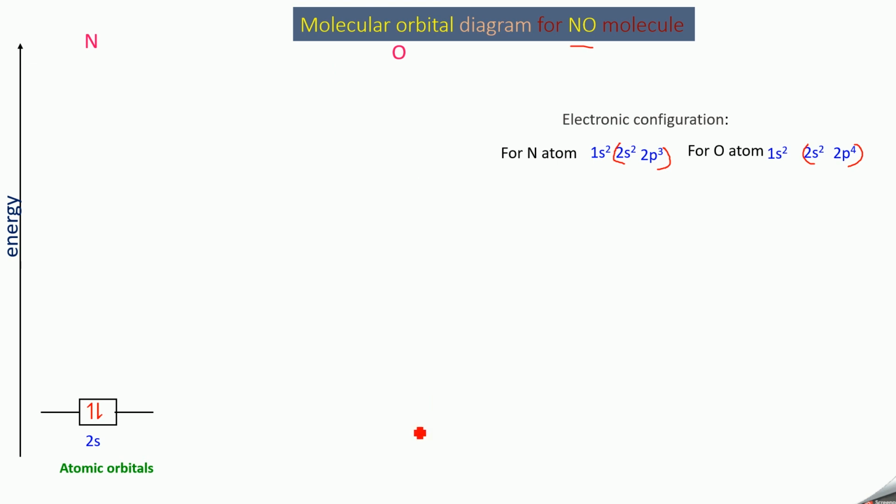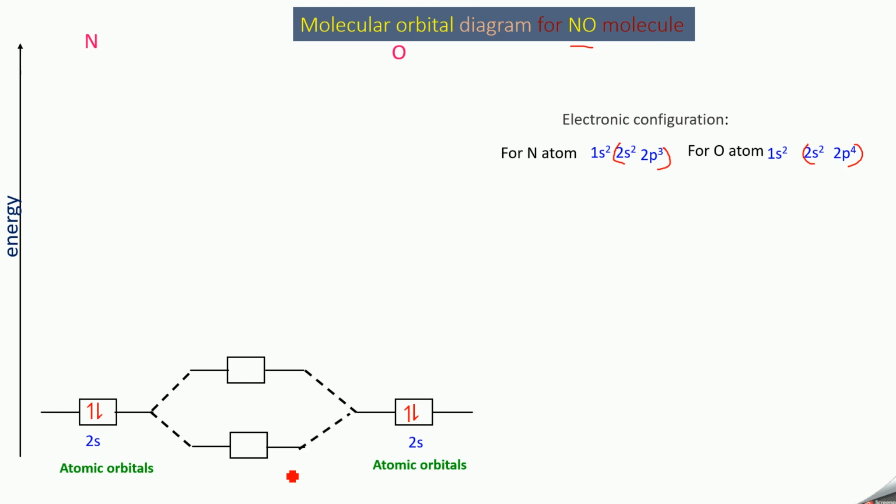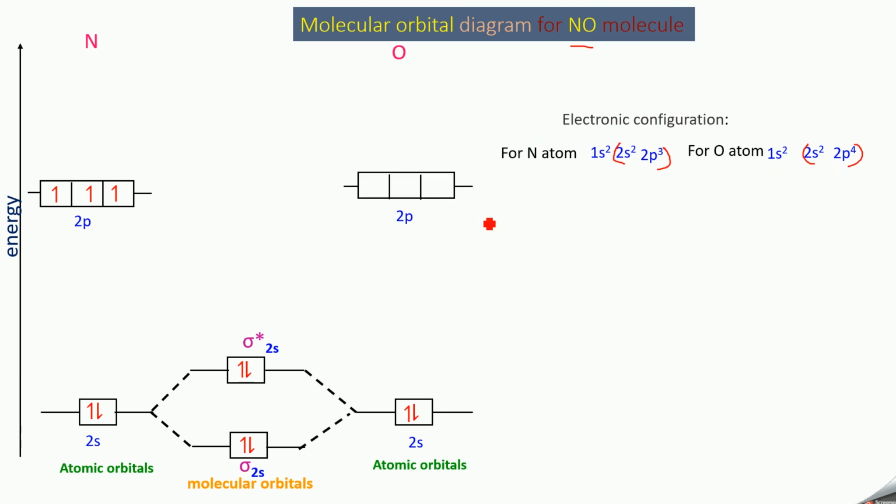Then oxygen, whose 2s atomic orbitals have 2 electrons. They will mix to form 2 molecular orbitals, sigma 2s and sigma star 2s. We have 4 electrons in total in these atomic orbitals, so you can fill it like this. Next we will go to 2p orbitals of this nitrogen atom, with 3 electrons. So 1, 2, 3. Then for oxygen we have 2p orbitals but 4 electrons. So 1, 2, 3 and then 4.